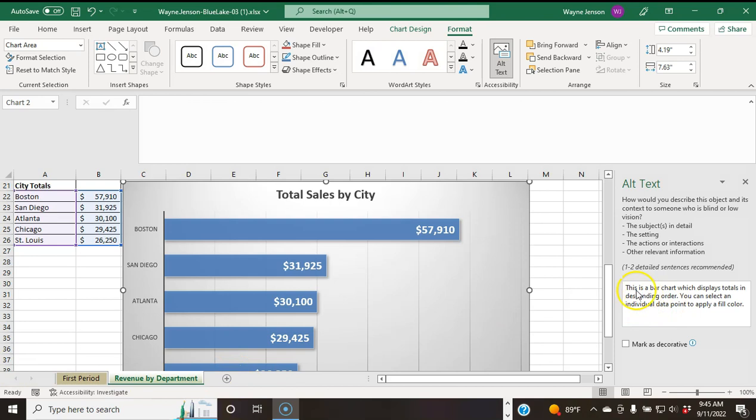So type that alternate text in there. Make sure you do it without any typos. Make sure the case is correct and all that stuff. And when I originally typed it, I said this is a bar chart that displays. So it should say which displays, which is proper grammar. So with that typed in correctly and you confirmed it, go ahead and close the alt